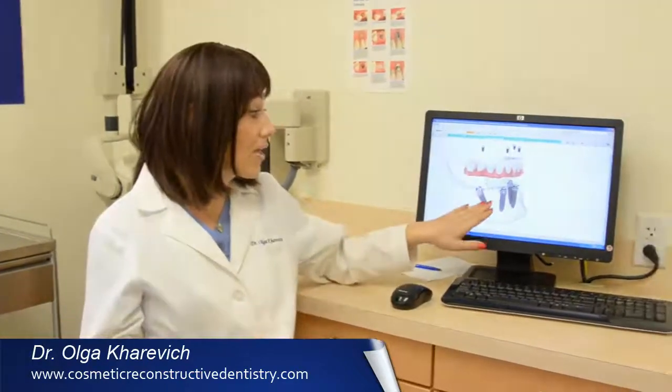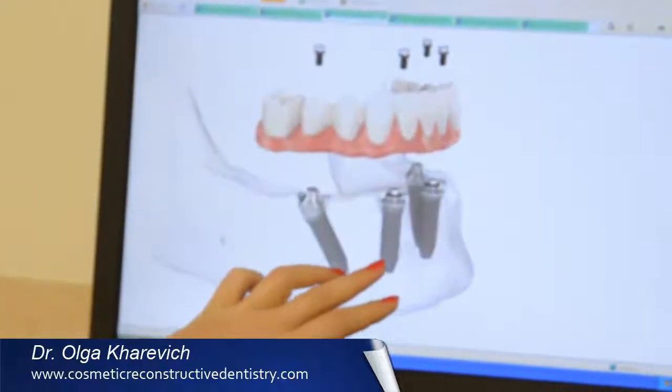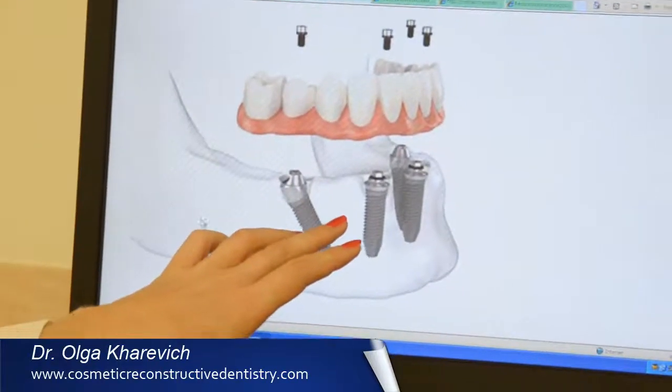The major difference between these two concepts is that in teeth in a day there can be multiple implants, 6, 7, 8, and in the concept with All-in-4, there are only 4 implants placed in the mandible or the maxilla in order to fixate the temporary prosthesis. The difference depends on the current clinical conditions of the patient. Usually when the patient doesn't have severe bone loss and has enough gum tissue, we go with the conventional concept with crown and bridge work, and 7 to 8 implants can be placed in order to give the patients